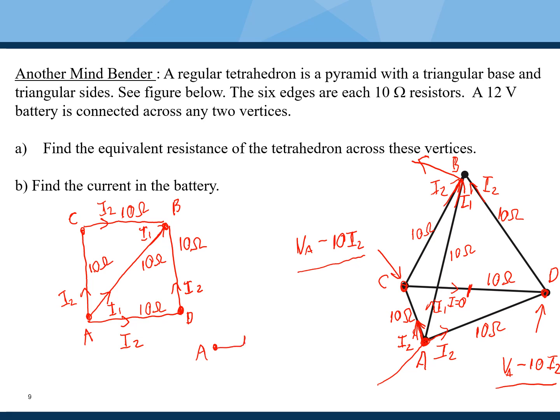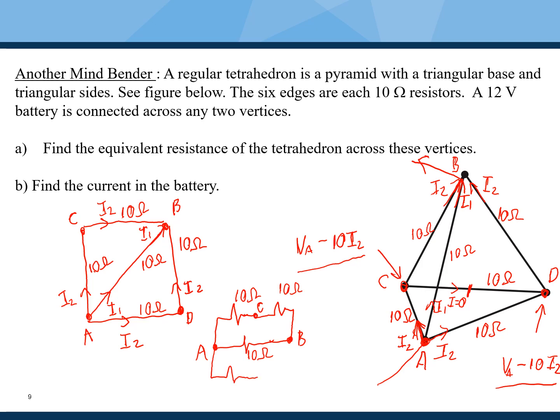Okay, I have one resistor with a resistance of 10 ohms, which takes me to the point B. I also have another resistor of 10 ohms out here, which takes me to the point C, and from the point C I have another resistance of 10 ohms which takes me back to the point B. So this is another 10 ohm resistor, and I also start at A, and I can go towards D through